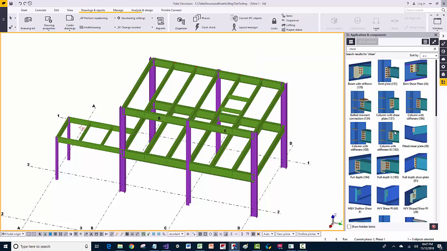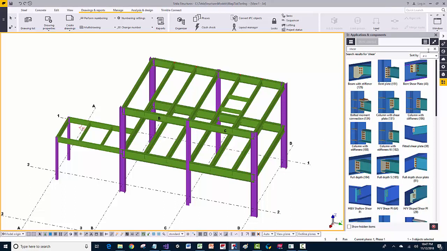What I want to show you here is that on the right-hand side of the screen, this is all of the out-of-the-box connections that Tekla Structures has for all the different Shear Tab connections. This makes it a little bit tough for users to get started. They have to memorize which connections work best for different scenarios, and it's not super intuitive to just get started as a detailer and read the design drawings and the connection information